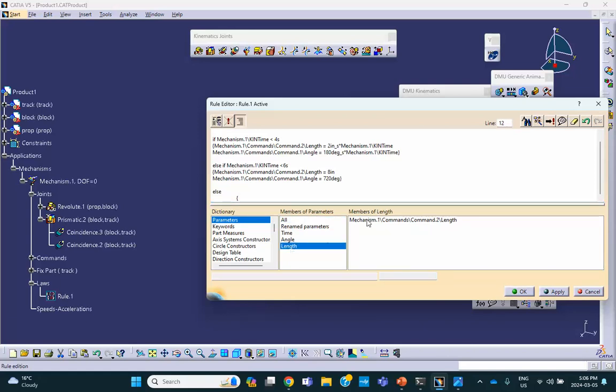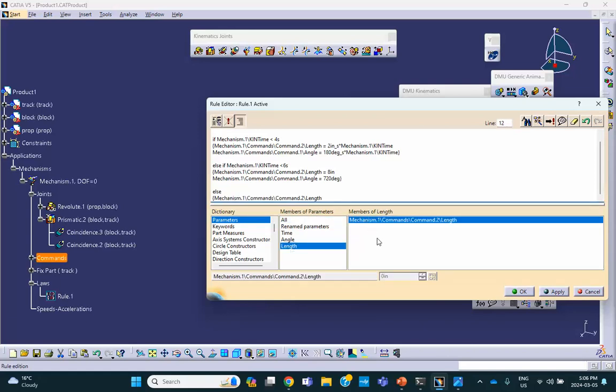There is the length. Okay. Equal to. It was at 8 inches. 8 inches minus, you look at that velocity. It's going to be minus 2 inch per second, 2 inch underscore second times